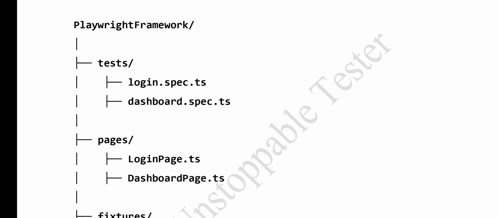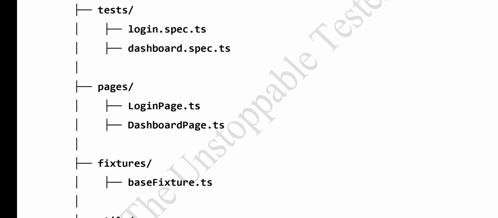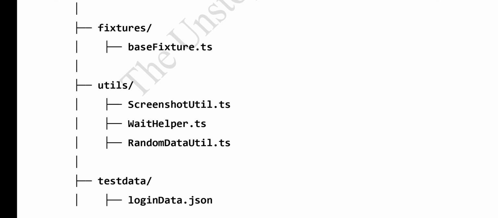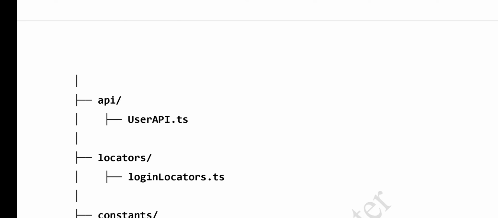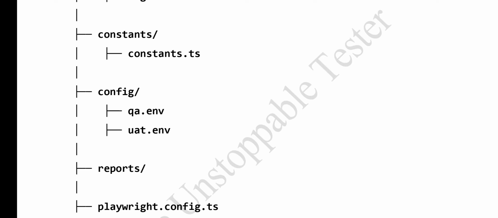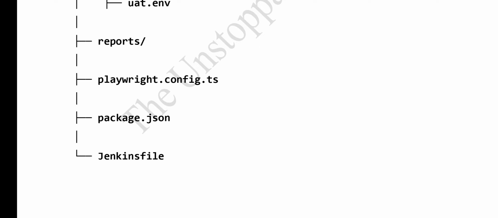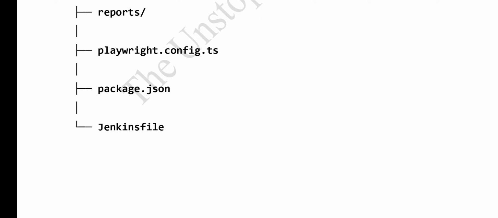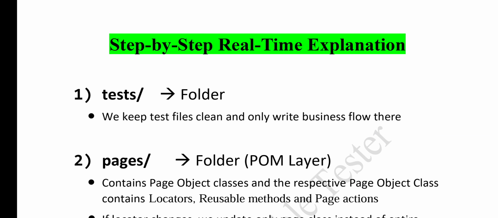You can see the Playwright framework is the main folder structure where it contains a test folder, pages folder, fixtures, utilities files under utils folder, test data folder, API folder, locators folder, constants, config folder, and reports folder, playwright.config.ts file, and package.json file, Jenkins file. Okay, so this is the framework structure usually, and the step-by-step explanation of a real-time explanation for this is you